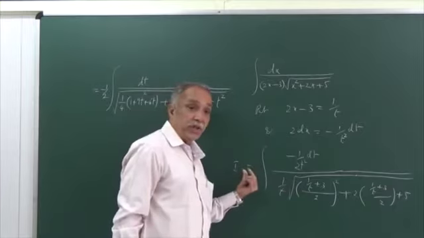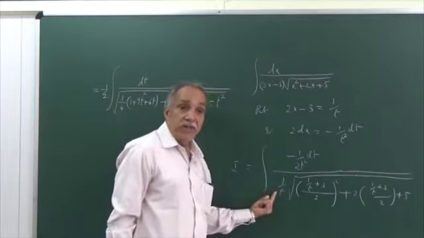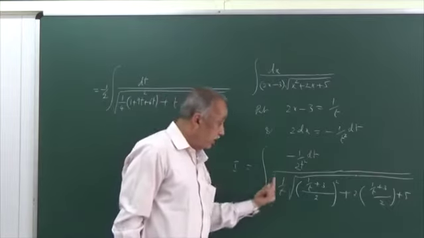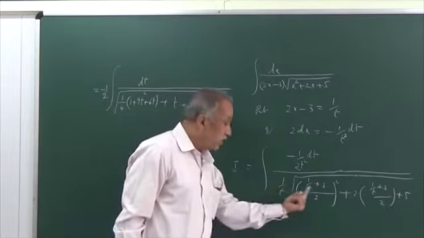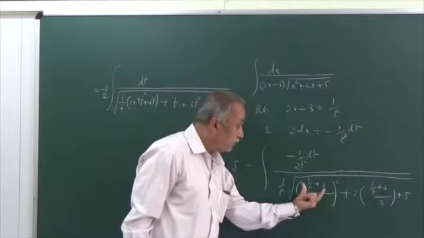Minus half was written outside from 1 by t square, and this 1 by t, common 1 by t has been removed. 1 t will get shifted to denominator, inside it becomes t square, expansion, denominator 4, this is 1